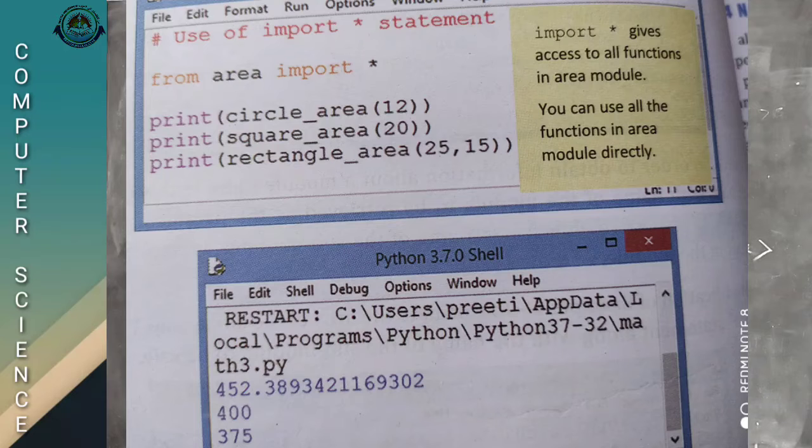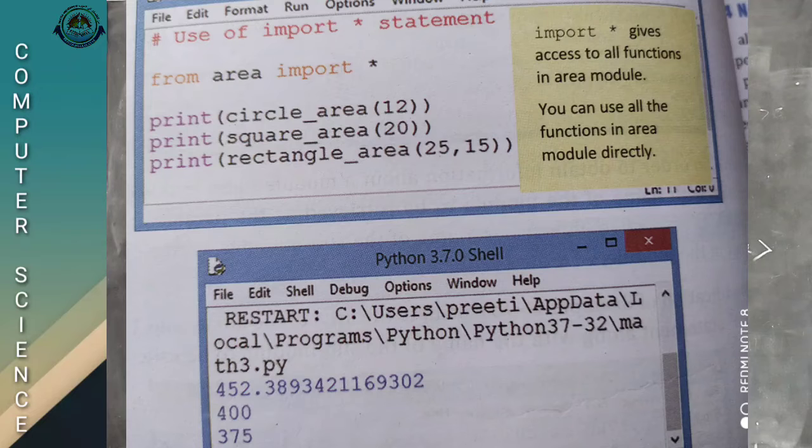We can import a collection of or all names from a module with the help of this import star statement. After the execution of these statements, we get the result 452.389, 400, 375.